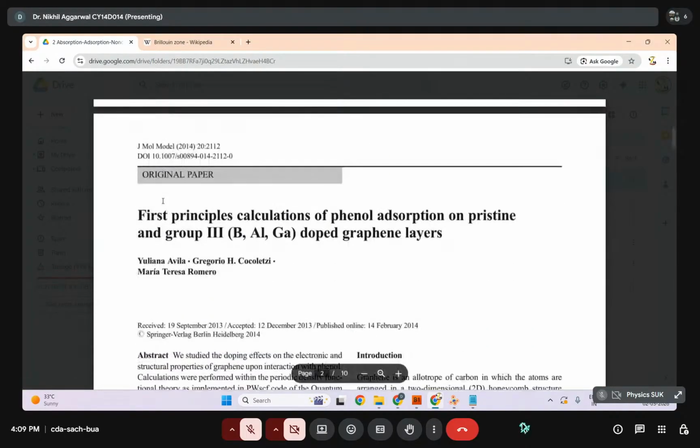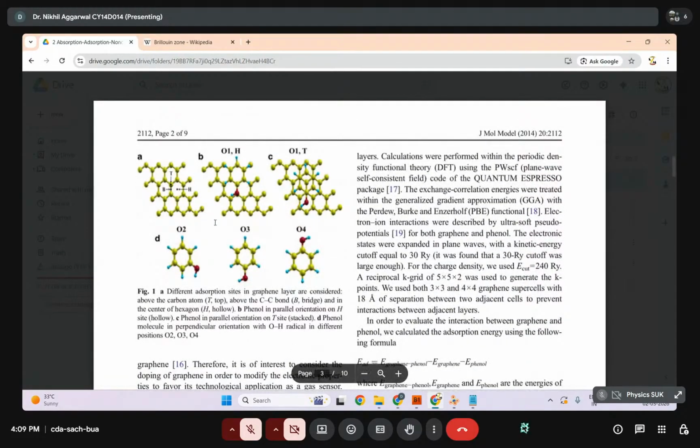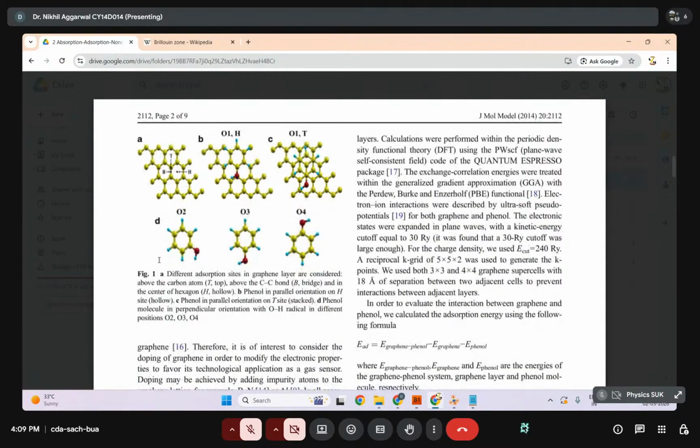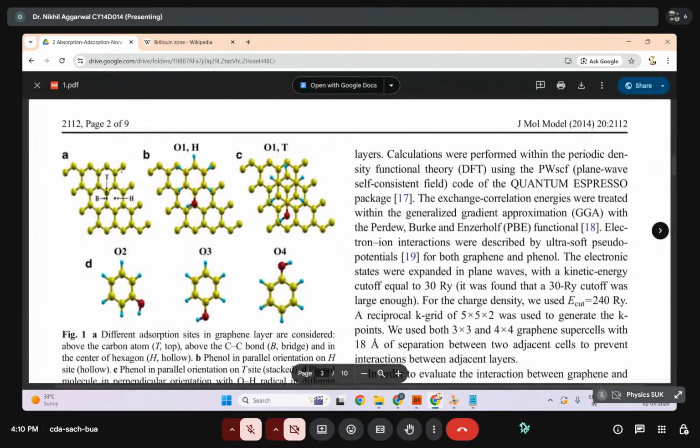So what they have done is they have designed the system, and as against taking it in the bulk form, because in the bulk form you can only go with molecular dynamic studies and the results do not match the experimental values, they prefer to take the isolated units to do the DFT calculation because the result accuracy is very high. So they have taken the crystalline graphene